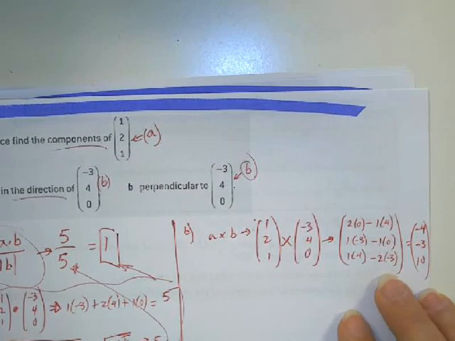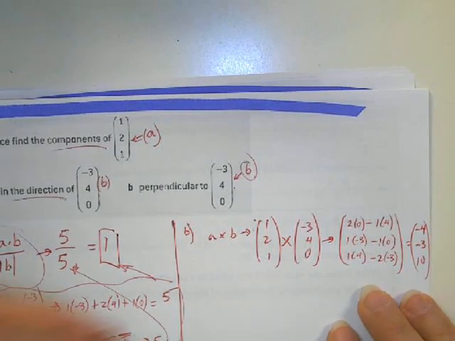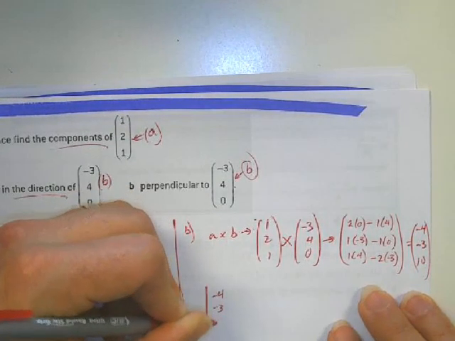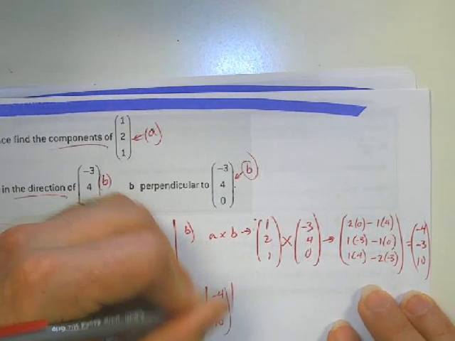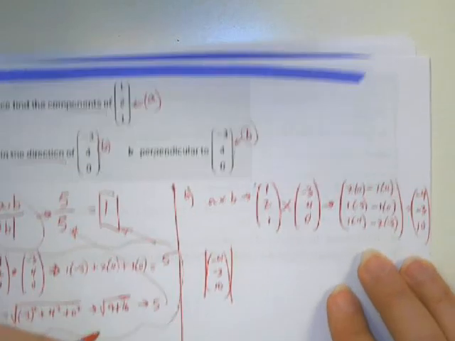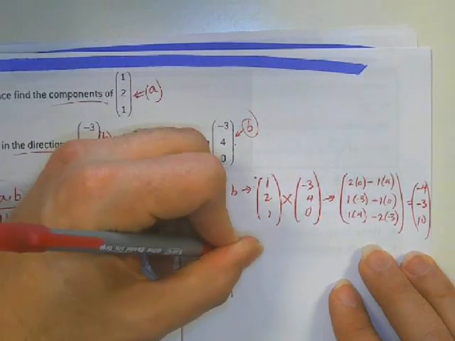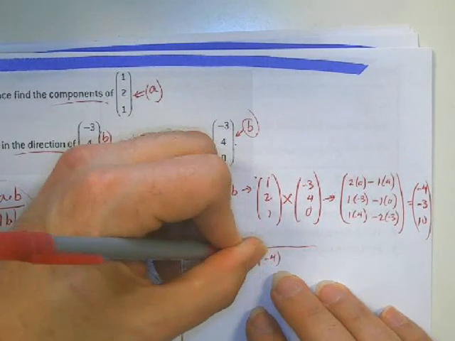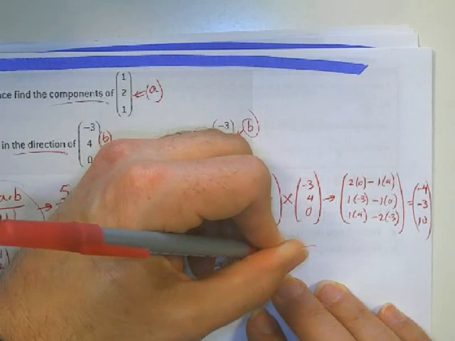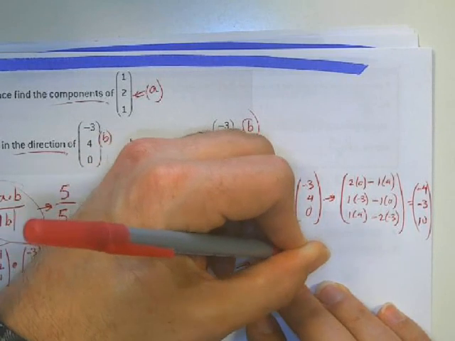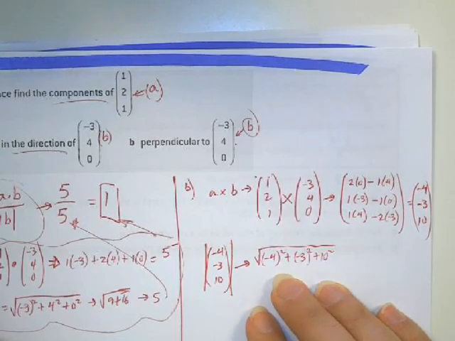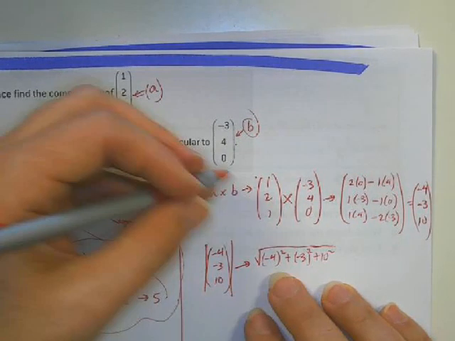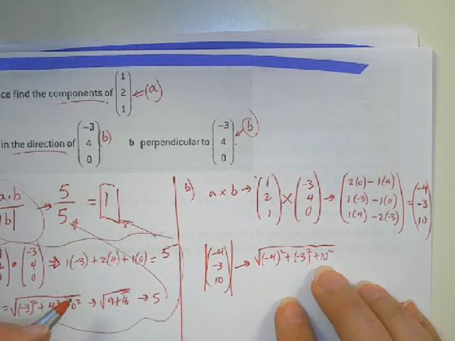Okay? So now I need to find the magnitude of negative 4, negative 3, 10. To figure out that magnitude, we get negative 4 squared plus negative 3 squared plus 10 squared, and that simplifies to 16 plus 9 plus 100 gives me